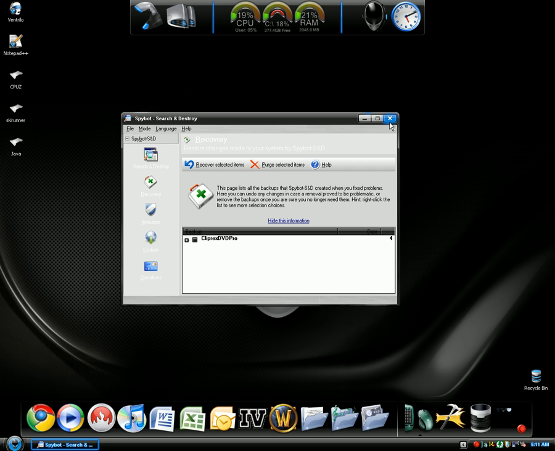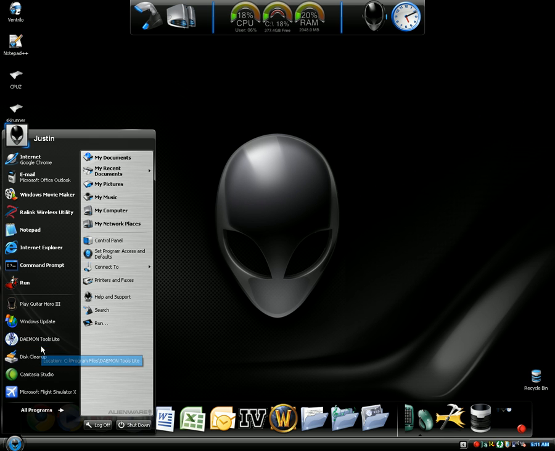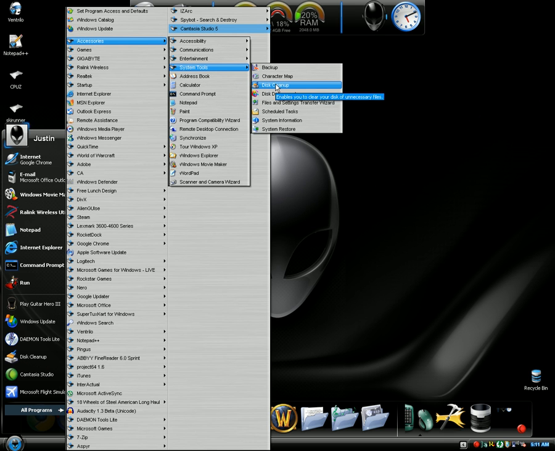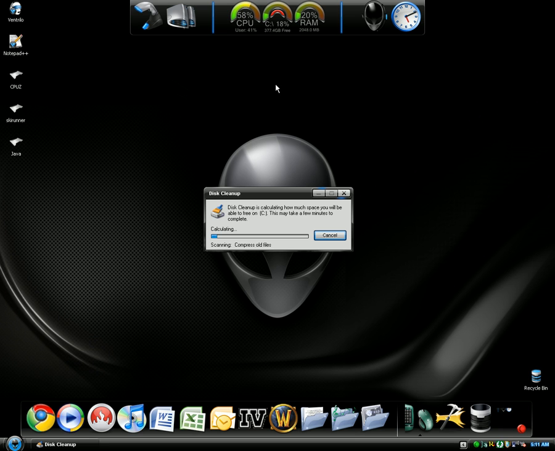And the next software we're using is a very common software that's been on Windows since probably Windows 95, Disk Cleanup, which is in All Programs, Accessories, System Tools, and Disk Cleanup. Now, Disk Cleanup takes all the temporary files and all the files that you don't use often and compiles them into a registry. After it compiles it, it brings it into a list, and it tells you